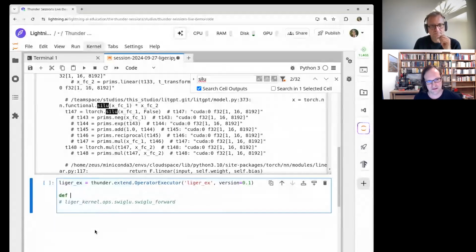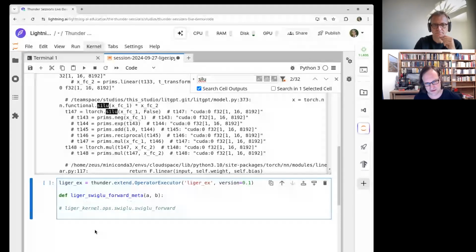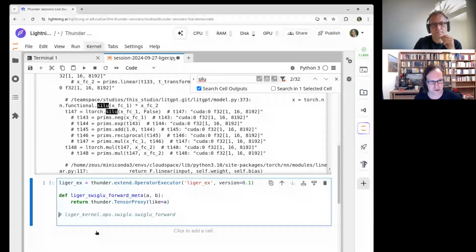Like any activation function, liger_swiglu_forward_meta. We had a and b, and this is simple. Because it is in the end a pointwise function, it returns a tensor proxy, and it needs to be a Thunder tensor proxy, like a. So it has the same shape, the same dtype, and all that.